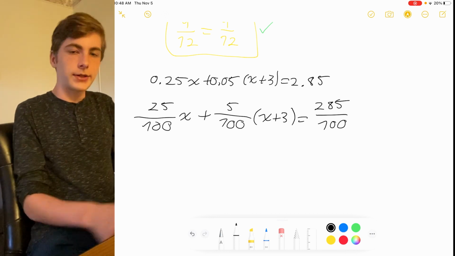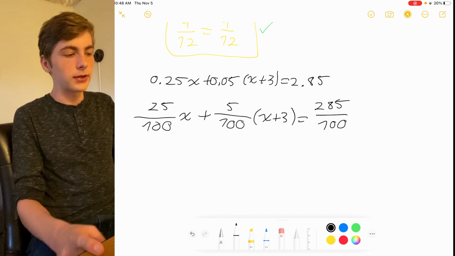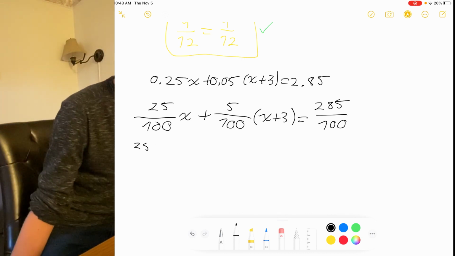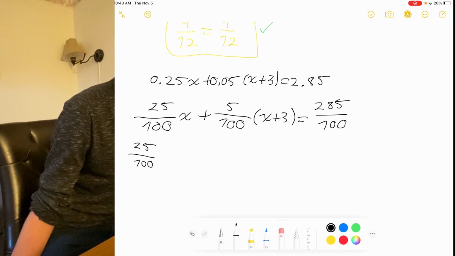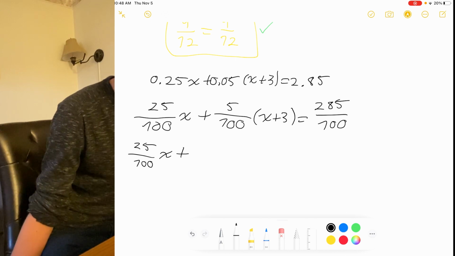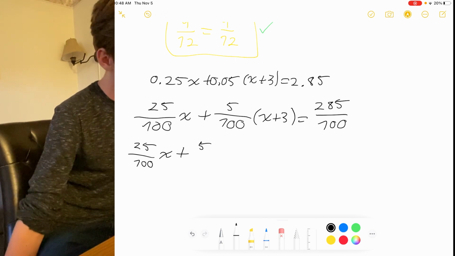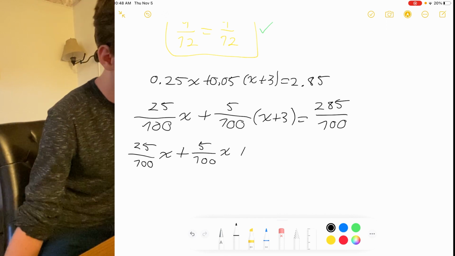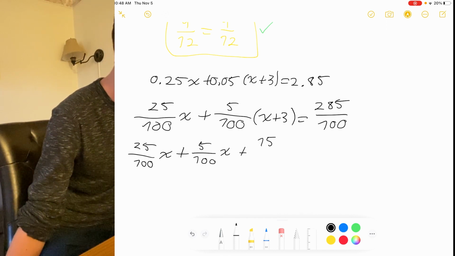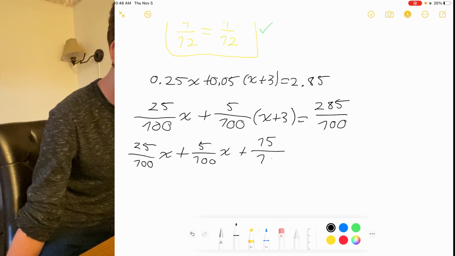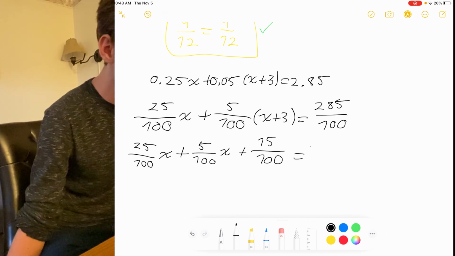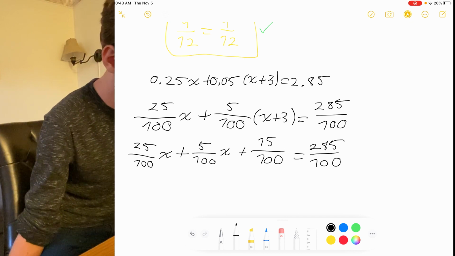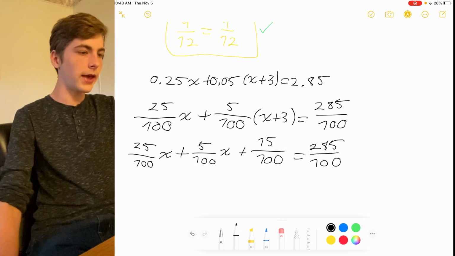And it turns out they actually all have the same denominator in this case. So we don't even have to do our LCD thing. We'll just get straight to simplifying. So we'll have 25 over 100 times x plus 5 over 100 times x is just 5 over 100x. And then plus 15, right? 5 times 3 over 100 is going to equal 285 over 100. And